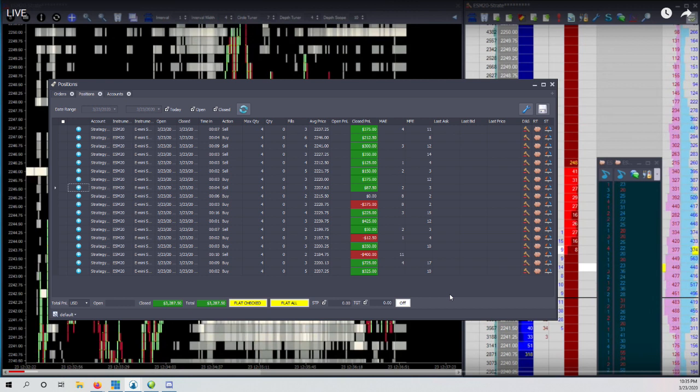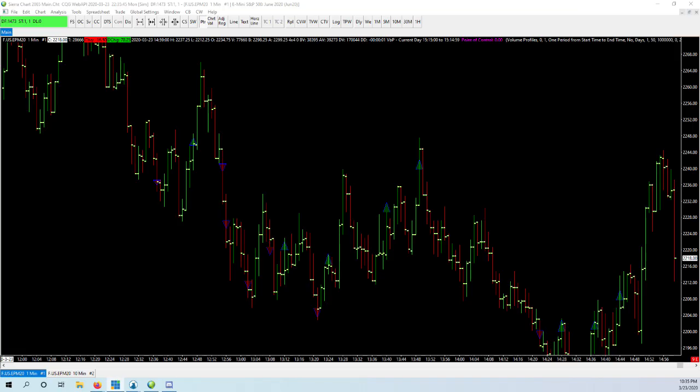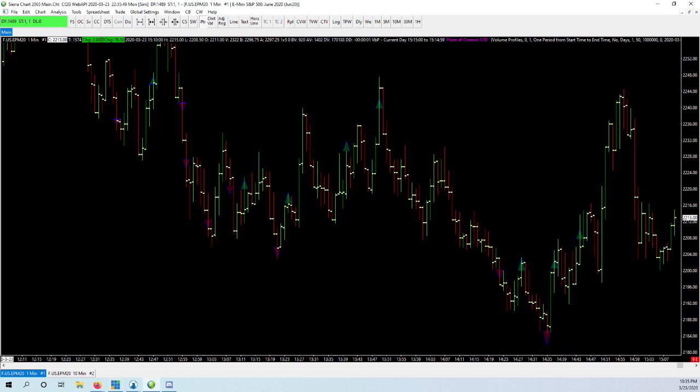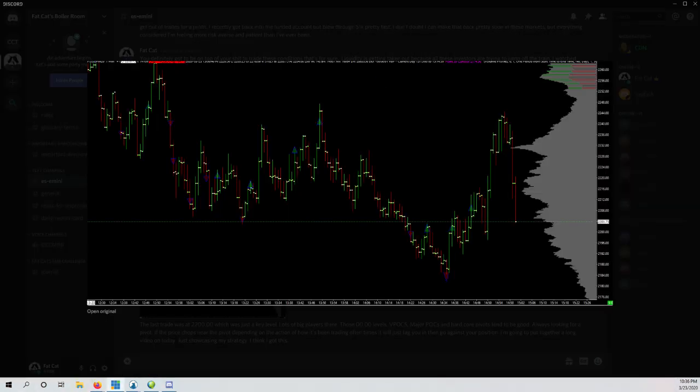So I'll show you my Sierra charts. It's a 1 minute. It has a profile off to the side, but it's reset. So maybe I can show you this. Give me a second. This is what it looked like near the end of the day. So all these arrows are what trades I took. I'll get more in depth to that, and here's what the profiles was looking like.